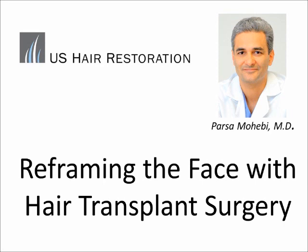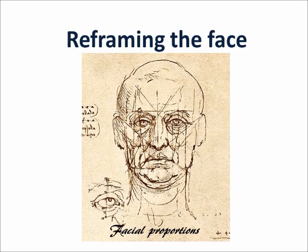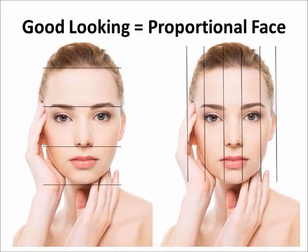Today I'm going to be talking about reframing the face with hair transplant surgery. Reframing of the face is one of the most important concepts for hair transplant surgeons or cosmetic doctors who are performing hair restoration surgery. We know by experience and by knowledge that was passed on to us that a good-looking face is not